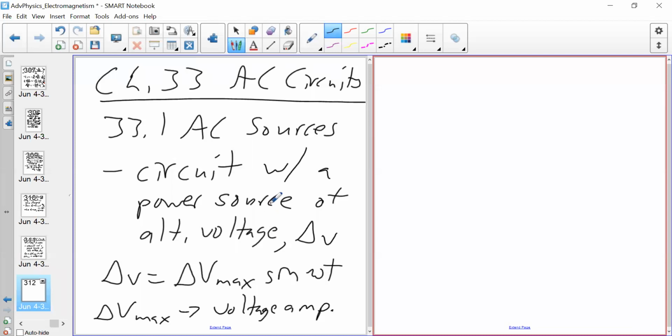So in the previous chapter, we were kind of forcing or driving the oscillation. Now we're just going to put an alternating voltage source in the circuit, and it's going to do its own thing. It's going to produce the oscillation itself. So we don't have to do anything about it. And the solutions, at least in principle, that we were getting for the RLCs and others in terms of oscillations will pretty much, in principle, be the same for our AC perspective here. There are a couple of tidbits in there, but